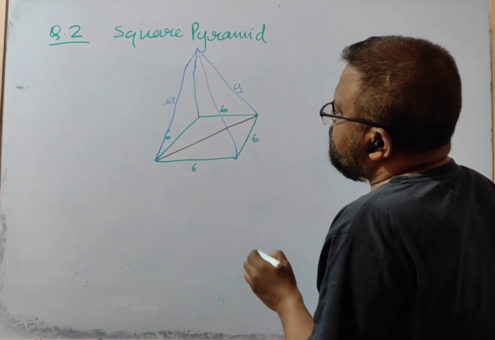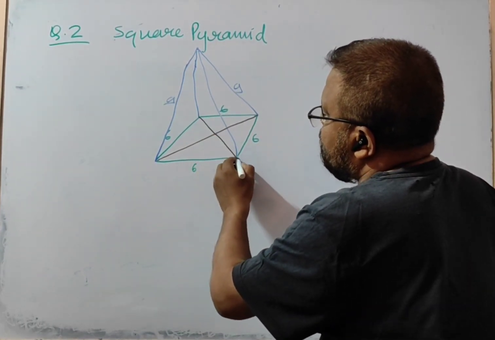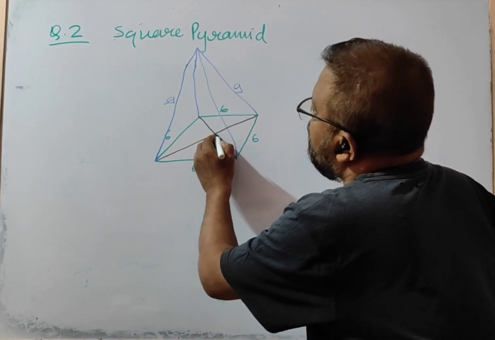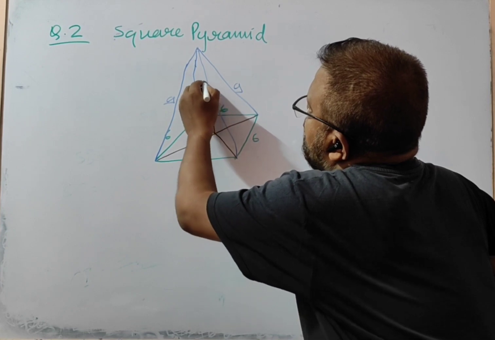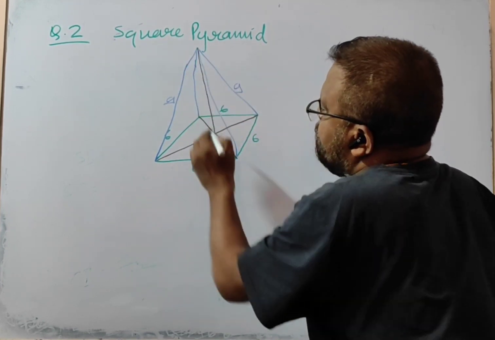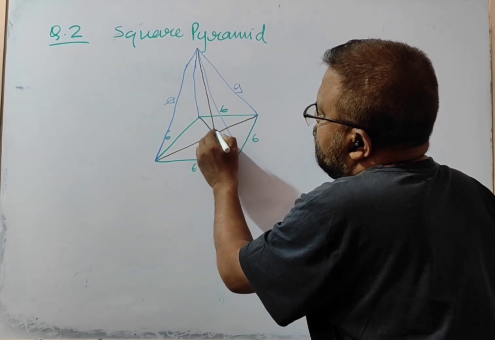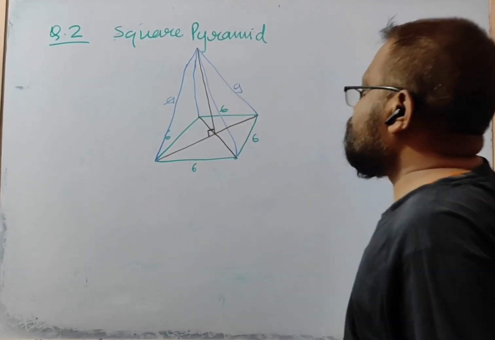Is it visible? This is the diagonal of the square, and this is the height of the pyramid, and this is making 90 degrees with this. So